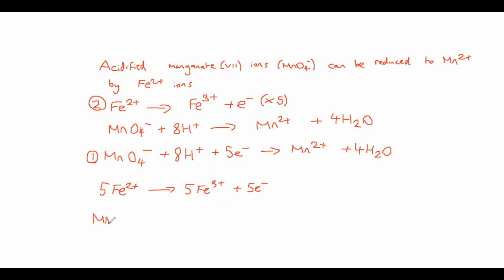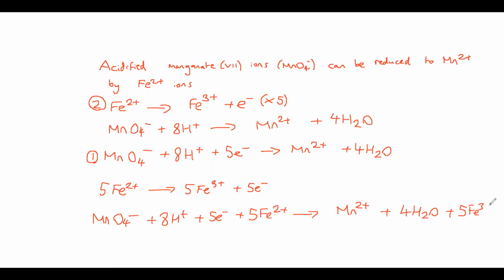So if we have MnO4 minus plus 8H plus 5 electrons plus 5 Fe2 plus going to Mn2 plus 4H2O plus 5 Fe3 plus 5 electrons. Now, just like before, we can cancel out our electrons as these are on both sides